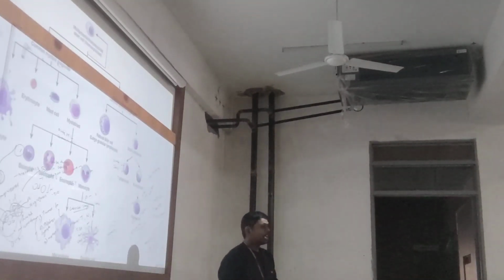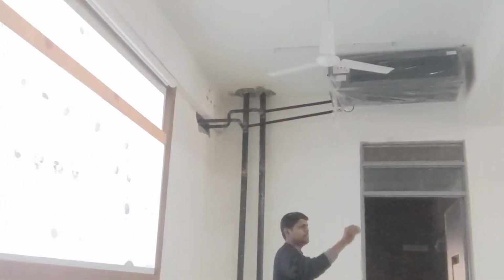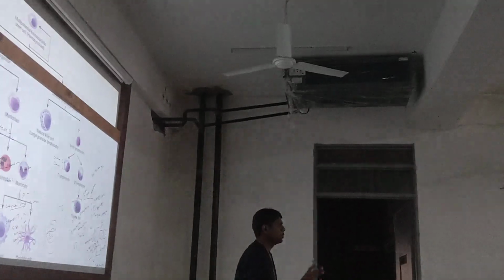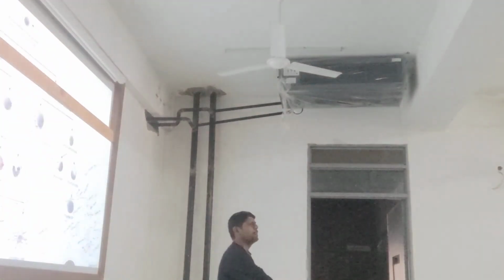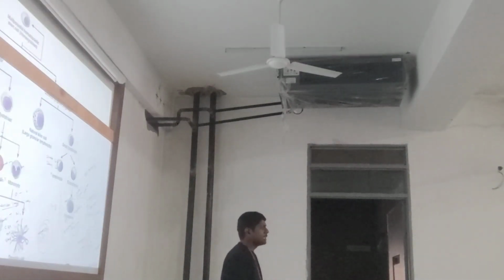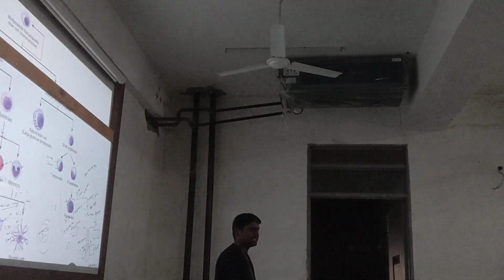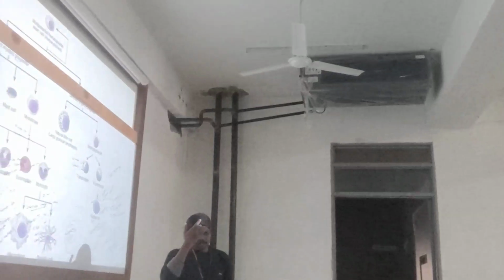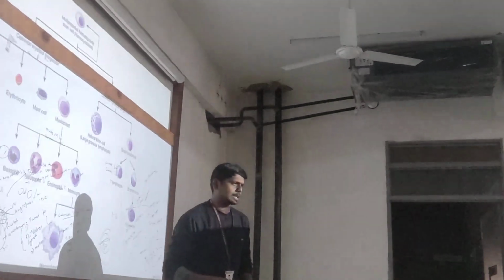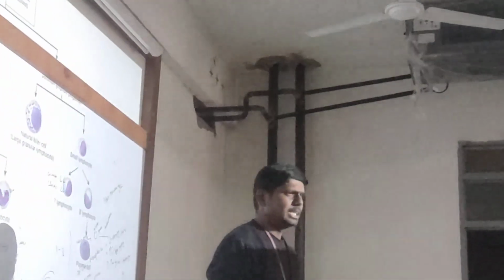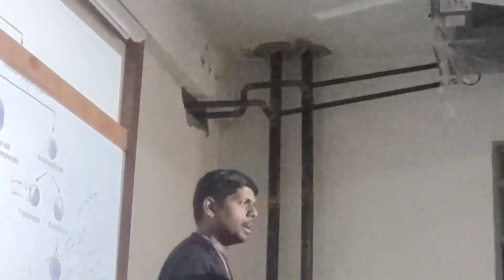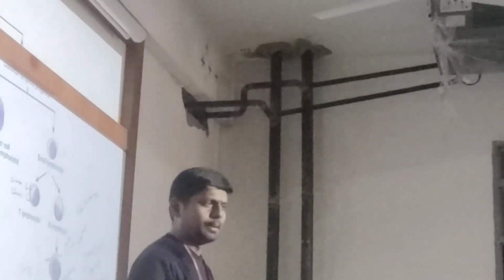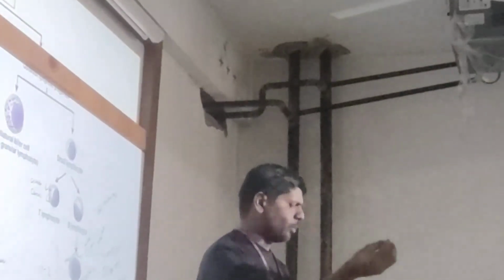Fourth parameter: presence of more immature cells in the tissue. Presence of more immature or blast cells. Obviously, cancer cells are like stem cells. Blast cells are one condition. Presence of more immature cells is one characteristic feature of a cancer cell. Then the fifth one,